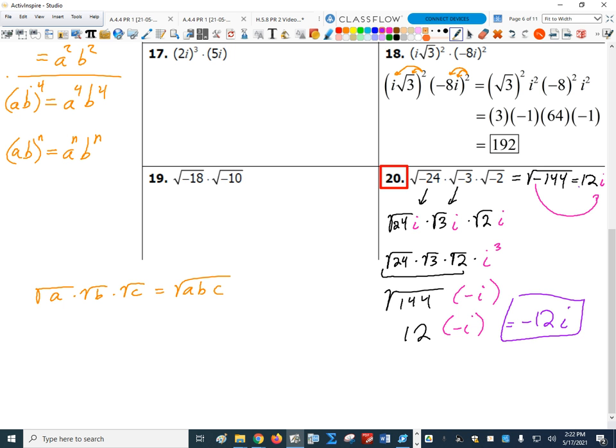This didn't work, right? This was not okay to do. The square root of a negative times the square root of a negative times the square root of a negative is not just the square root of a negative. We actually have to take into account that each of those is giving me an i, okay? So in other words, I can't just do that. For imaginary numbers, this is not true, okay? This kind of a relationship right here,